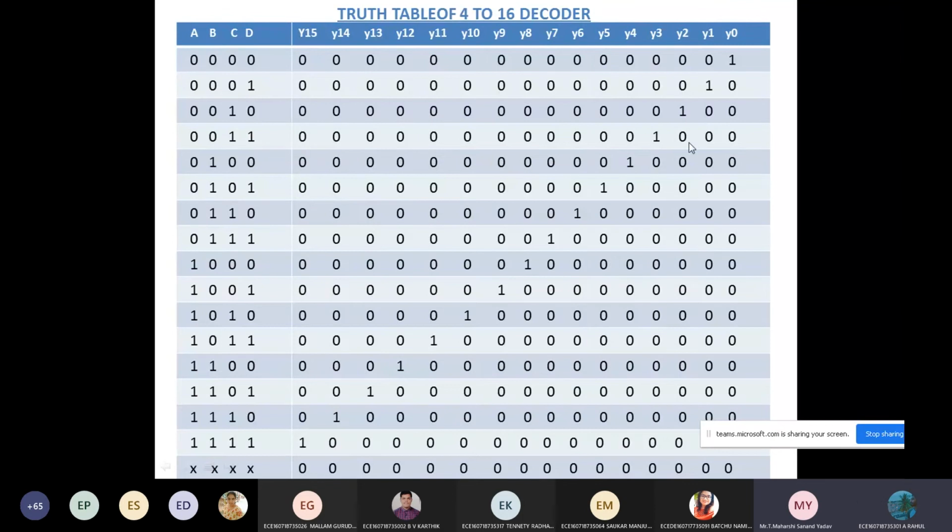Yes, logic high 1. Suppose I want to write this code for logic low, then all zeros will be taken as 1 and 1 will be taken as 0. That's it. And for that, if you want to do the K-map, again we have to take only the zeros. So you'll follow SOP or POS? POS. Right, correct.